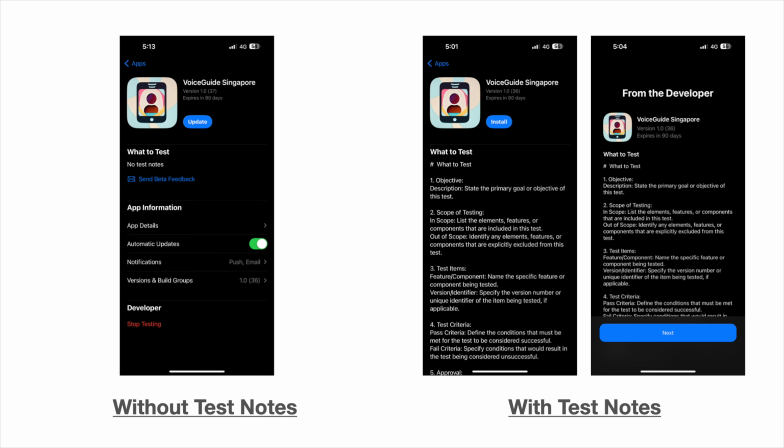Today, you will learn how to include tester notes in the What to Test section without having to navigate through App Store Connect. Moreover, if you are interested in automating the generation of tester note content using a script, stay